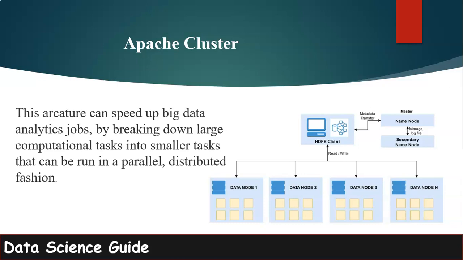So instead of running on one super machine, in Hadoop tasks are broken down into several tasks, and these tasks are distributed on several machines, as many machines as we want. Could be 10 and could be 100 machines, and these machines